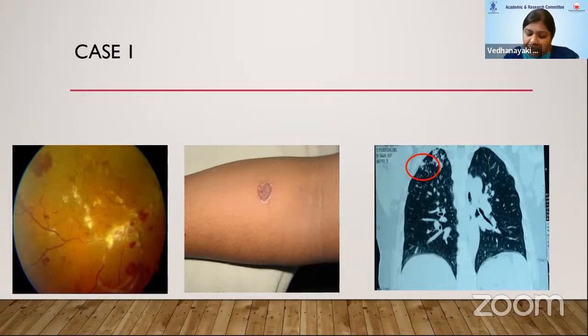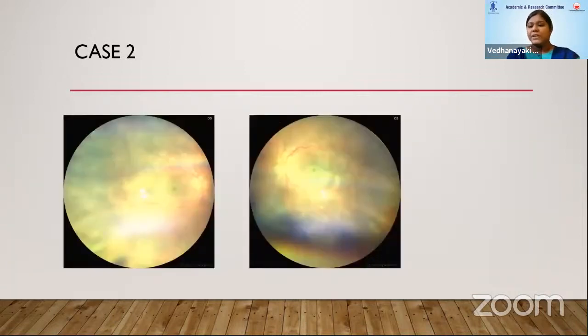Again, ATT, if you are comfortable, you can start the patient on ATT straight away after doing an LFT, or you can refer to an internist. Oral steroids have to always be added to reduce the associated inflammation. But not every patient will present to us with a straightforward diagnosis. So here we are showing another case.